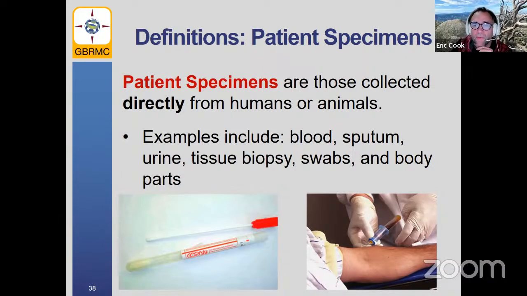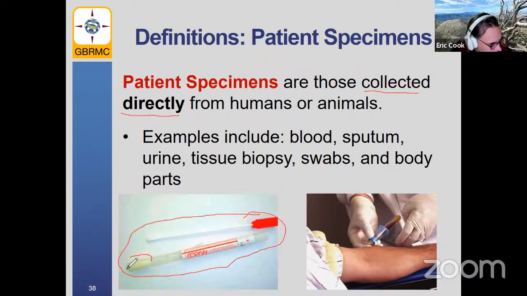In order to meet the definition of a patient specimen, the key word is that they have to be collected directly. That means if you process them, for example, if you take a blood sample and put it in a culture bottle, like a Bacti culture bottle, then that wouldn't be considered collected directly. If you put it in any type of growth media, it is no longer a patient specimen. However, if you take a swab and place it inside a liquid that is not a culture media but a preservative, like PBS, phosphate buffered saline, something to protect it or in most cases not allow it to grow, but keep it stable until you can get it into a laboratory for later culture or other diagnosis,